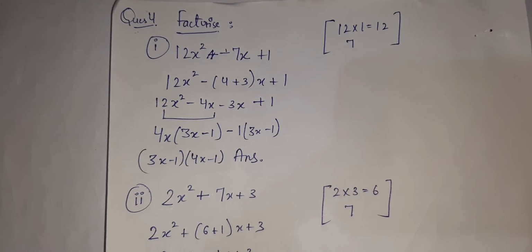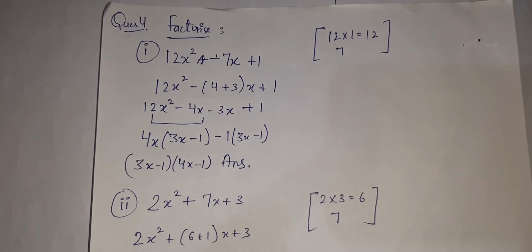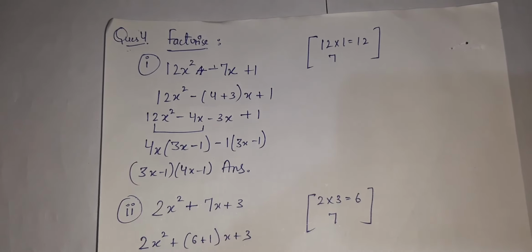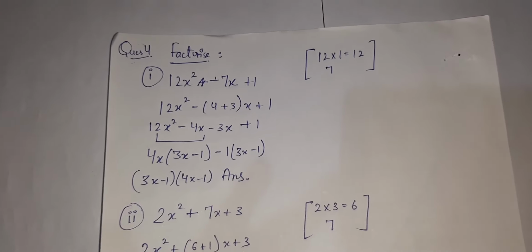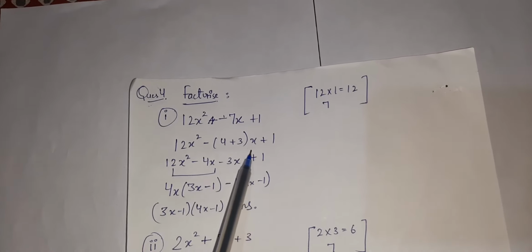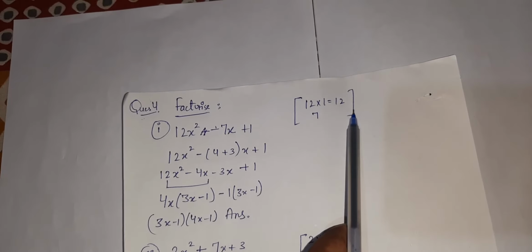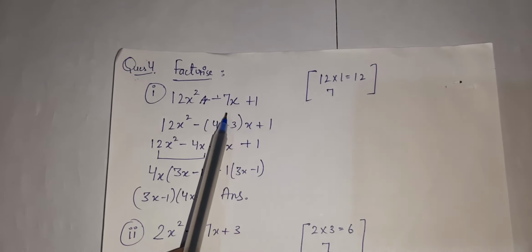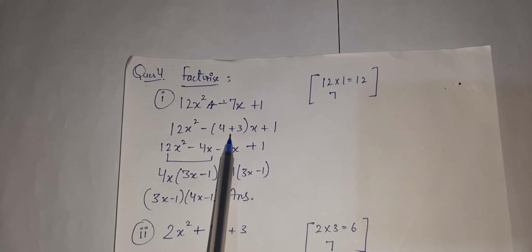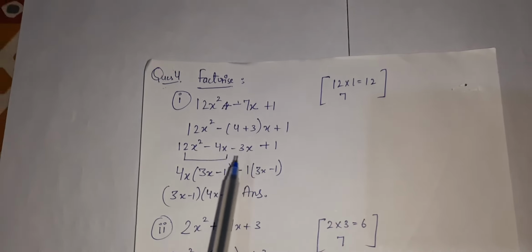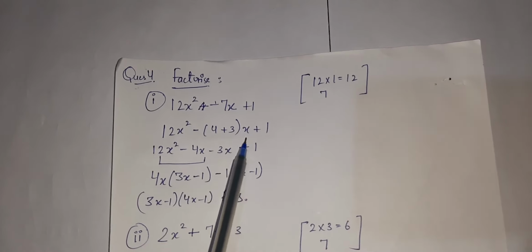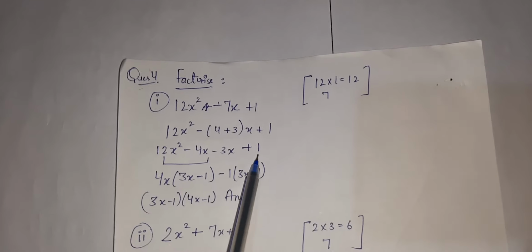that after multiplication we will get 12, and adding or subtracting we get 7. After multiplication we get 12, and by adding and subtracting those numbers we will get the middle number. Or what I can write 7 as 4 plus 3, and 4 3s are 12 also. Got it? I break the 7 in such a way that by adding I am getting 7, and by multiplying these numbers we are getting 12, which I want. So I have written 4 plus 3. This minus sign will go inside. Minus 4x minus 3x plus 1.